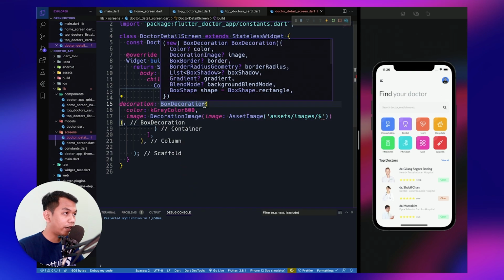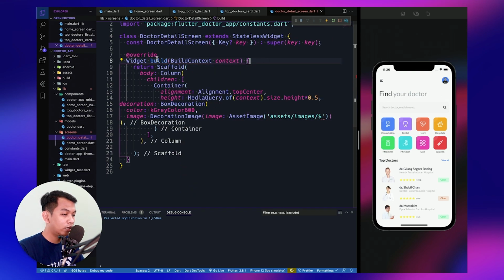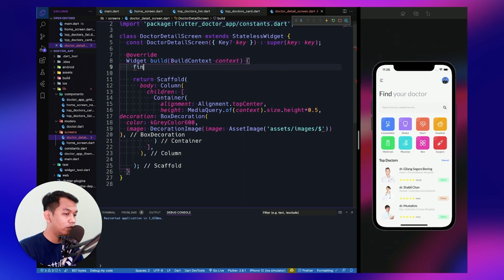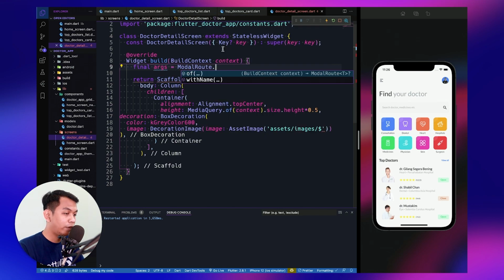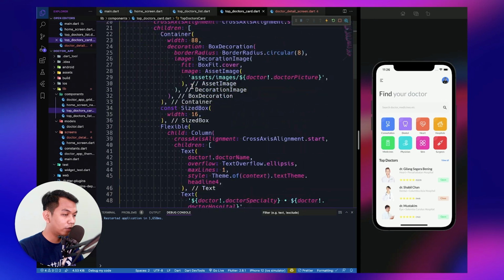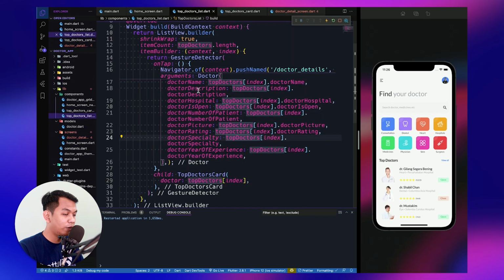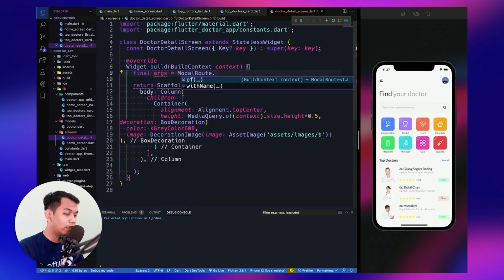And before that, here inside the widget statement, we need to create a new final argument, which is what we get from our doctor card, as I said before. So what we need to see here is, when the user taps the doctor card, it will bring this data, and we need to say argument right here.